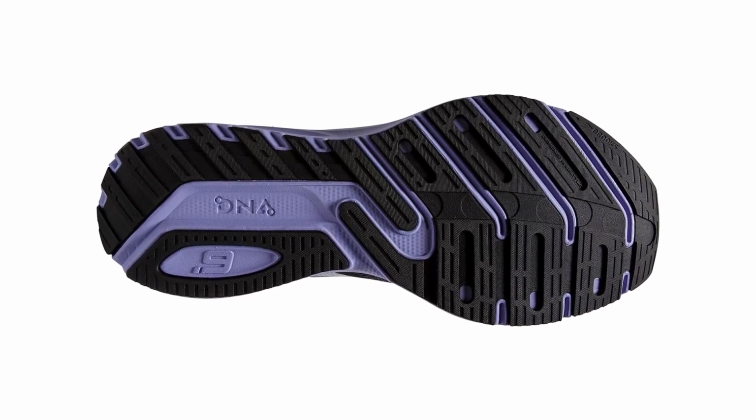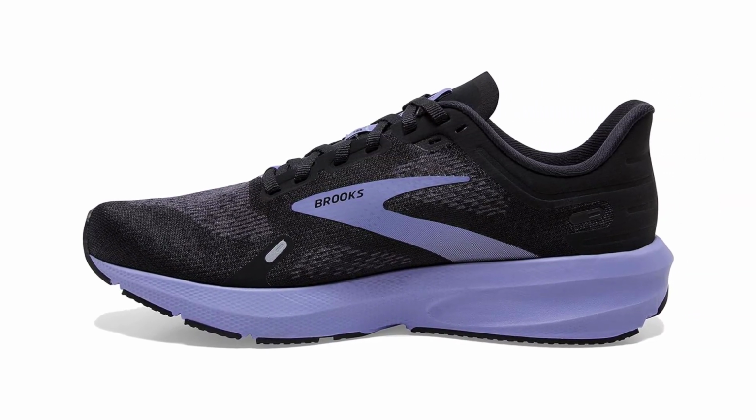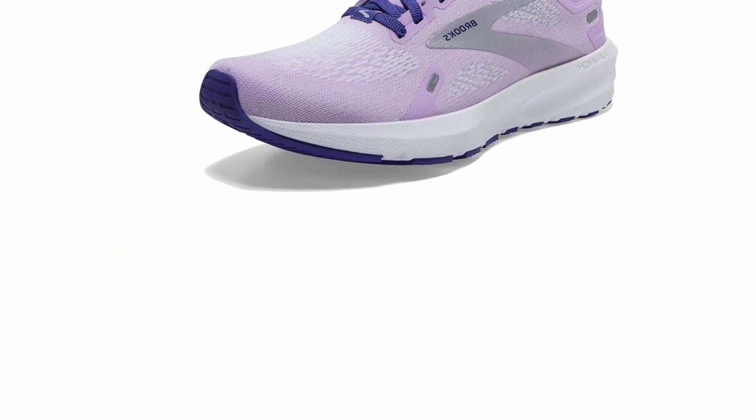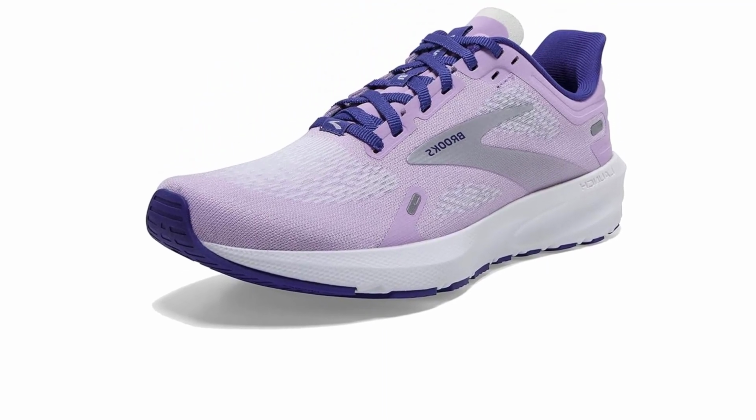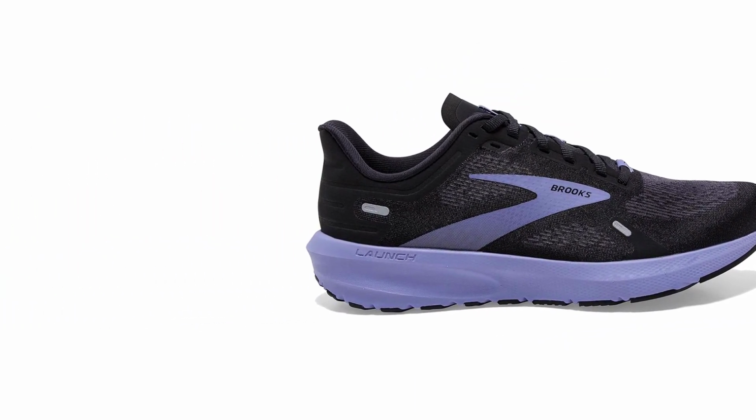The neutral support ensures a natural and efficient gait cycle, while the responsive cushioning absorbs impact, reducing strain on joints. The breathable mesh upper promotes airflow, keeping your feet cool and comfortable during intense workouts. The shoe's traction and grip are enhanced, offering stability on various surfaces. Whether you're hitting the pavement for a quick jog or pushing your limits in a marathon, the Brooks Women's Launch 9 Neutral Running Shoe is your trusted companion, delivering a harmonious blend of performance and aesthetics to elevate your running